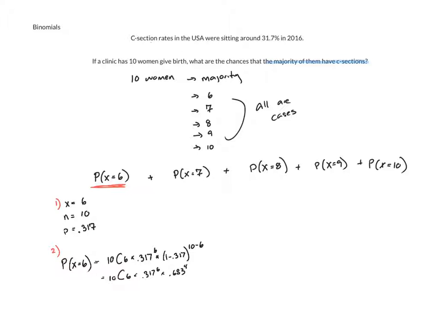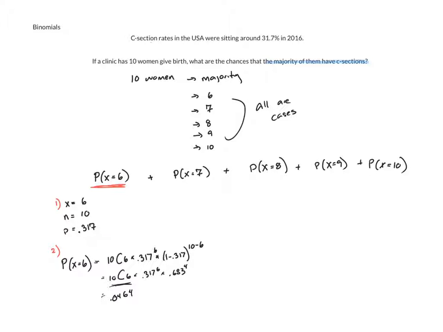0.683 to the 4th. And to be clear once again, this tells me how many different combinations I have of that. This says the percentage of people having a C-section is 31.7%. There's 6 of them doing that. And the percentage of people not having a C-section is 68.3%, and there's 4 of them doing that. So plugging that in then and getting 4 decimal places, we get a value then of 0.0464. So there's a 4.64% chance that if I have 10 ladies, exactly 6 of them are going to have